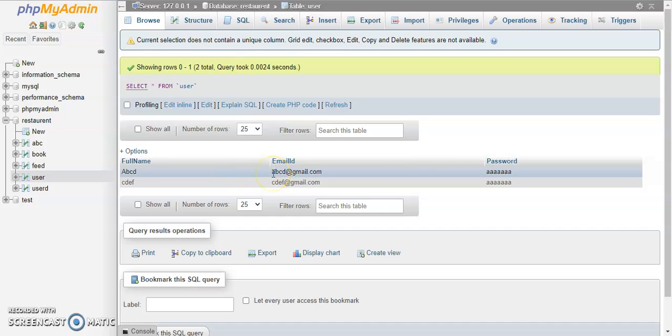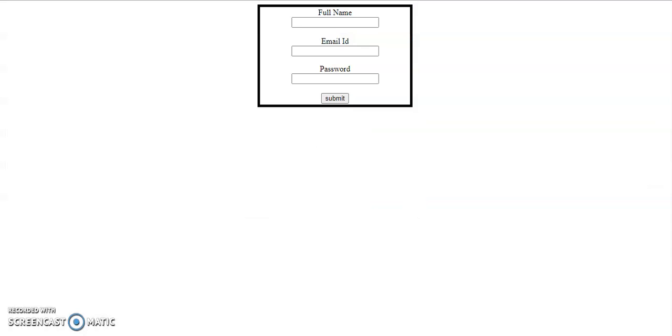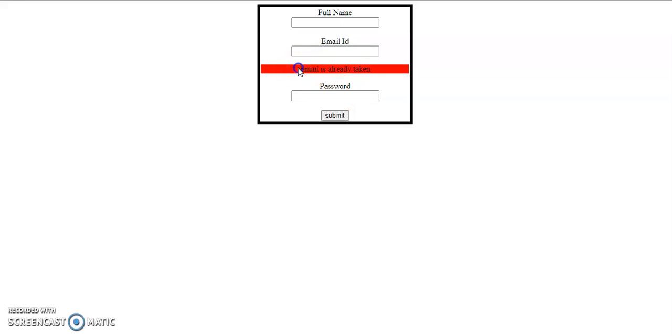Let me try to register again with this same email ID abcd@gmail.com. See, it is saying that email is already taken because the data already exists in our database. Now I'll show you how to implement this condition.